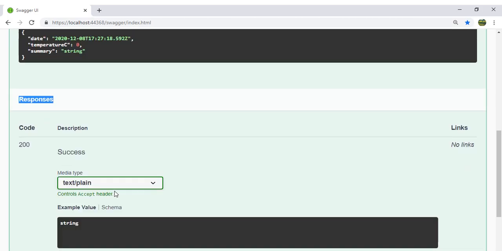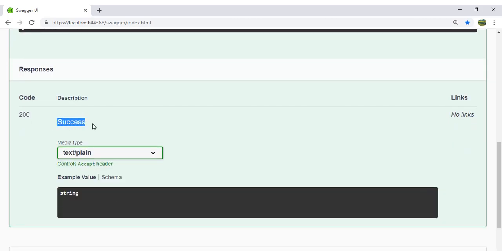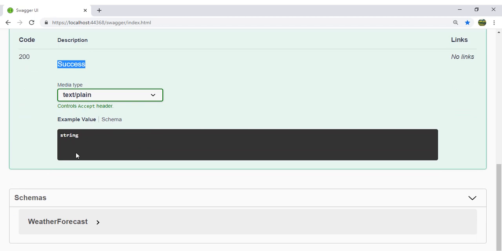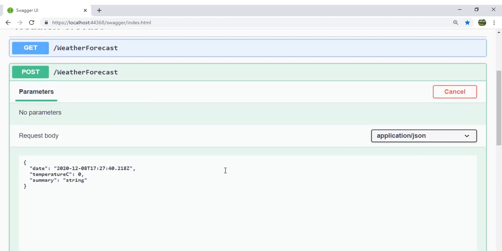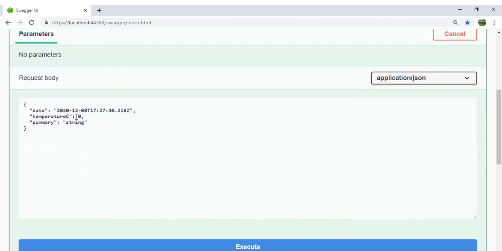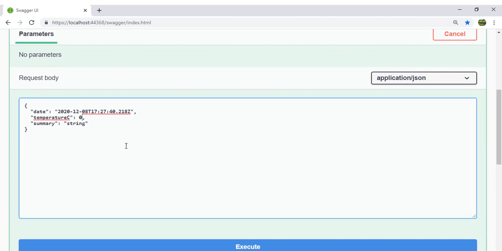Whenever it is 200 it means it is success, and it is saying that the response value is a string value. Now you can execute it, try it out, and this is the sample data. You can give anything, you can give a summary sample.